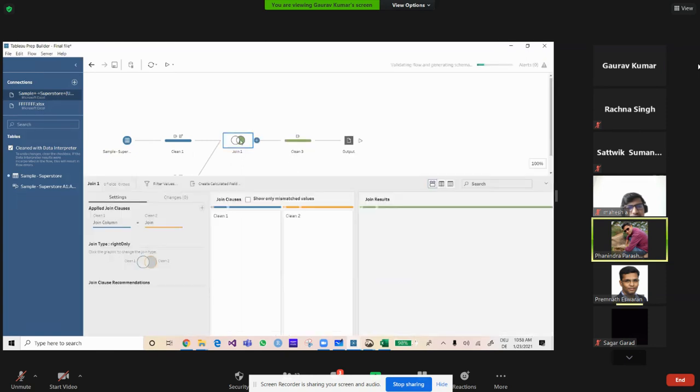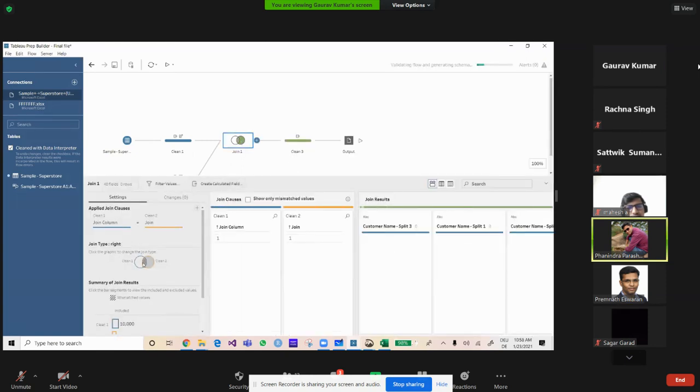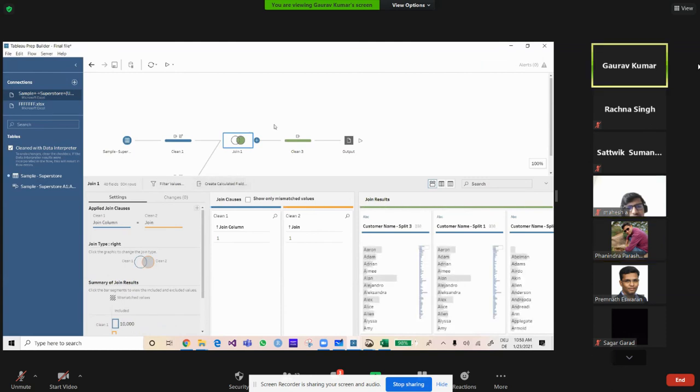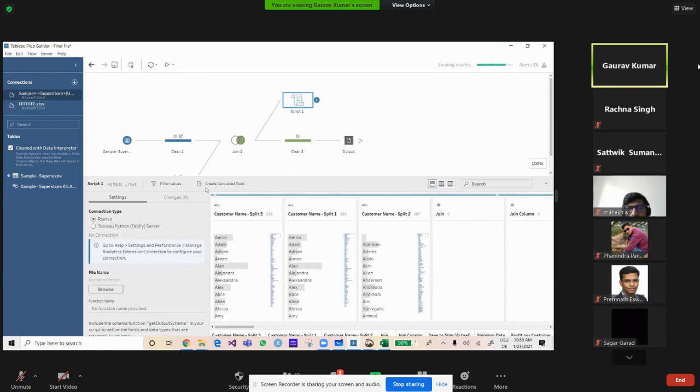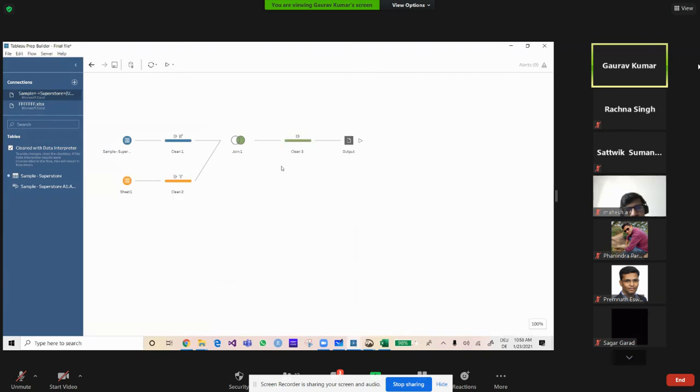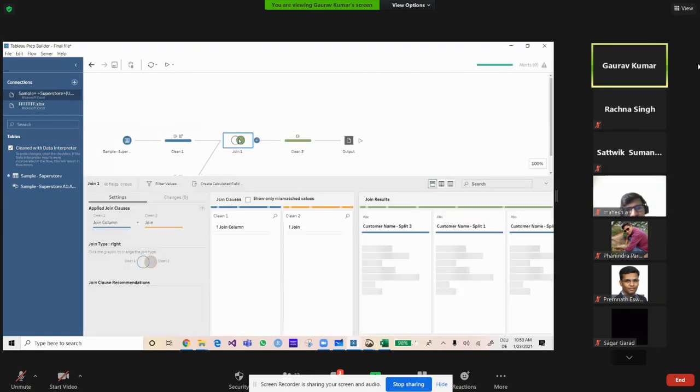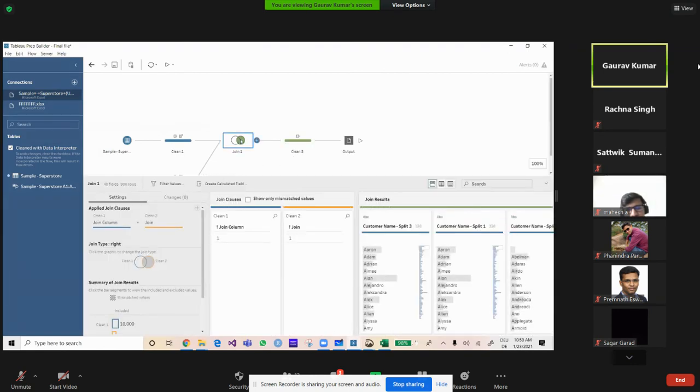So whatever you want to customize in your data process, you can customize, but you have to write one script here. In this script, can we also write some SQL query or something like that? Yes, you can write SQL queries as well, but first you have to integrate and connect with this tool. If I write a script here now, it will not work because I did not integrate that. That is a bit difficult task, but this is possible. First you have to integrate Python and SQL with this Tableau. Then only you can do it. Otherwise, no.